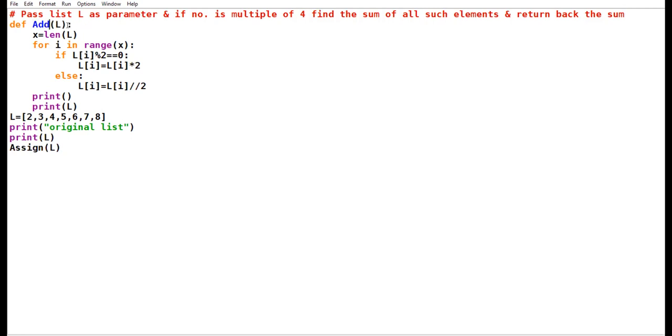I am taking the function name add. I pass list as the parameter. I find the length of the list. I took the for loop. If element modulus 4 is equal to 0,